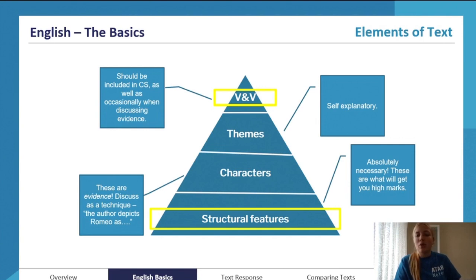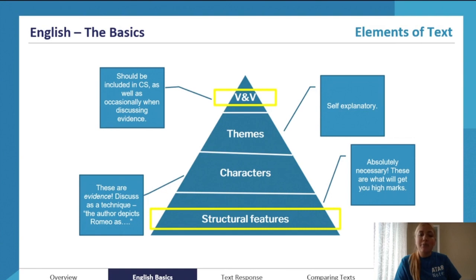However, if you would like to score those high marks, if you want to be one of those 40 plus study score students, you need to have views and values discussion when you're discussing evidence occasionally, meaning that at some other point in my body paragraphs, I will choose to continue my analysis even further after discussing a certain piece of evidence that I think is really significant, and lead into a message of the author in that extended analysis. So, my tip is to have views and values analysis at least 2 times per body paragraph.